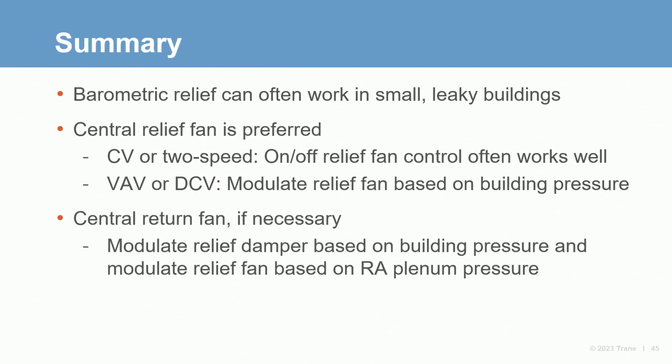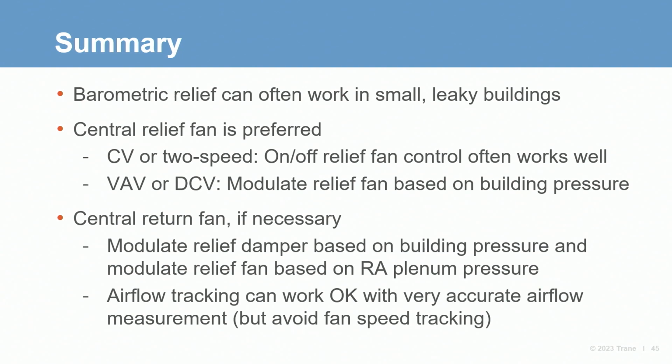If the system has very high return path pressure loss, such as when a return fan must be used, modulate the relief damper based on major building pressure, and modulate the return fan to maintain the return air plenum pressure at set point. As we mentioned, return fan airflow tracking seems to work well enough in some cases, but requires very accurate flow measurement devices. Whether a relief fan or return fan is used, the preferred method of control involves directly measuring building